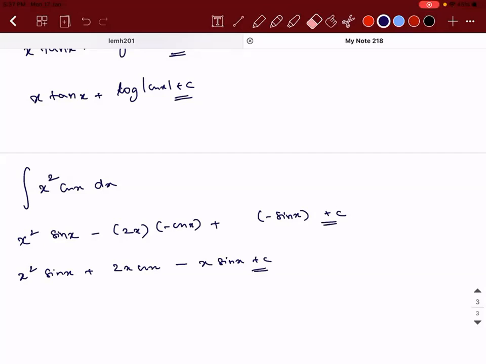Yes, sir. Because minus 2 times the integral of sin x, since the integral of cos x was inside. So minus 2 will get multiplied with the minus before the integral, sir. So it'll be a plus that comes. No, check it again. Let me check it. x square. No, this is right. Check it.